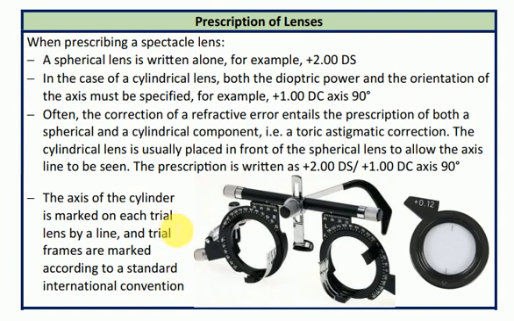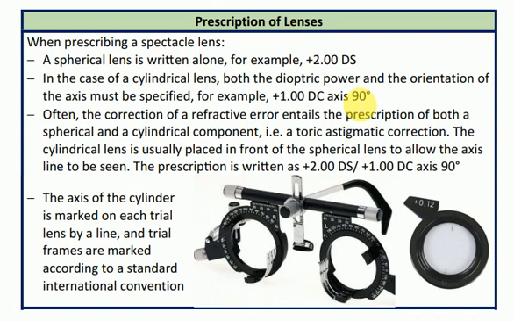While in case of cylindrical lenses, we should write the diopter power as well as the axis. For example, +1 DC is the dioptric power and the axis is 90 degrees. So this is the way the cylindrical lens is written. The axis